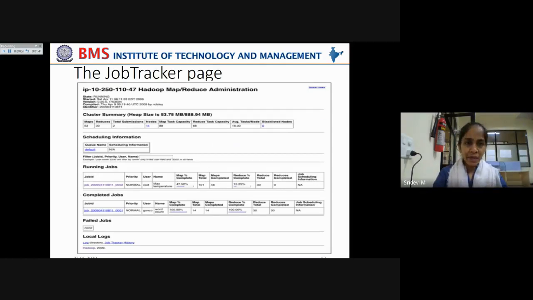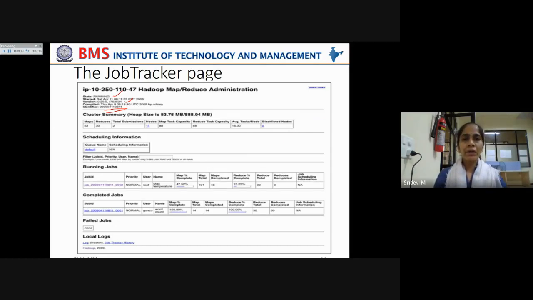In the beginning, it gives the state of the job tracker. It also tells us the version of Hadoop on which this job tracker is running, when it was last compiled, the state of the job tracker, when it started running this job, and the job ID, the identifier with which this job is running. All this gives you core information about the job tracker.